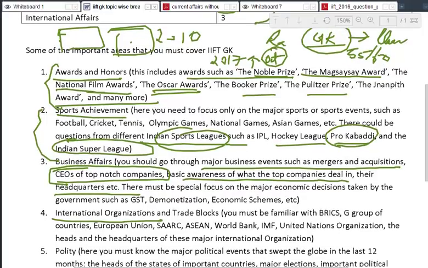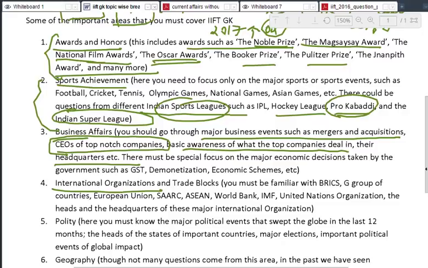I have told you about international organizations and trade blocks. See, there might be a question: is my voice breaking? I think everyone can hear it, or is it breaking? Who is a member of the European Union? Who left the European Union this year? Who are not the members of ASEAN? Where is the headquarters of the IMF? What is the difference between the IMF and the World Bank?